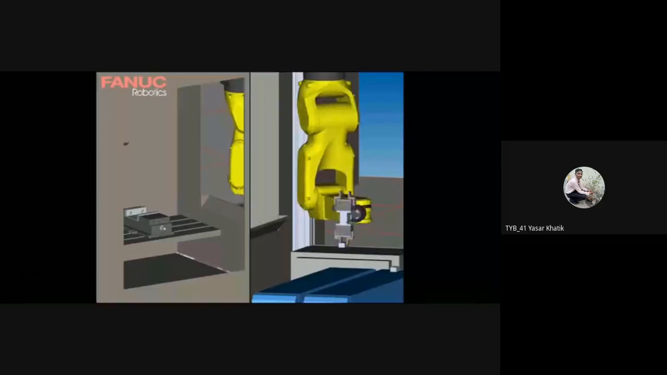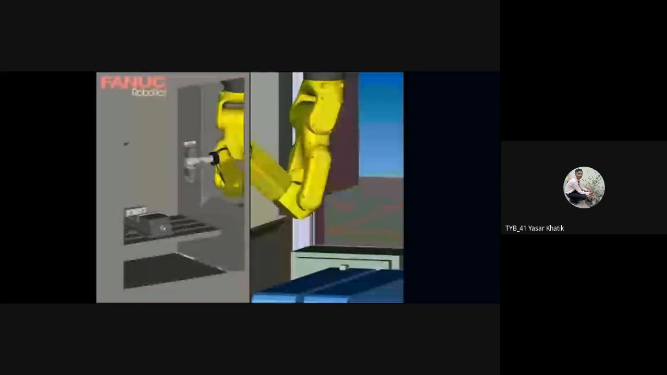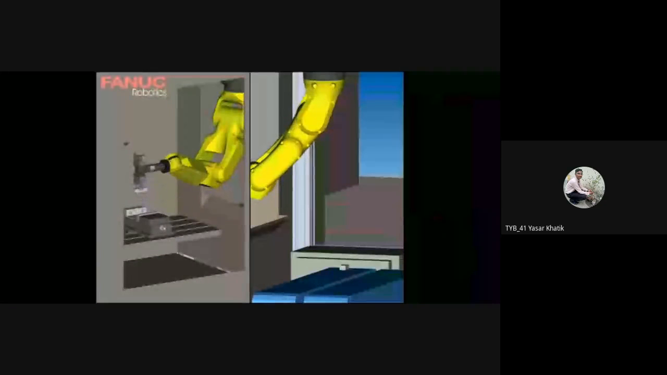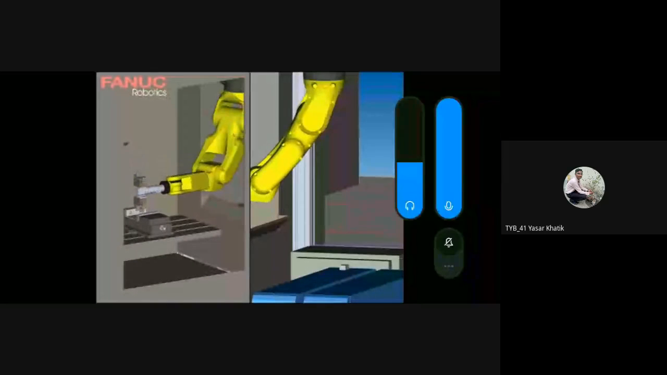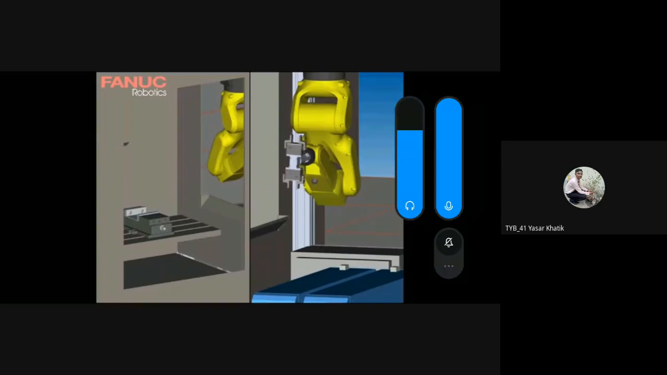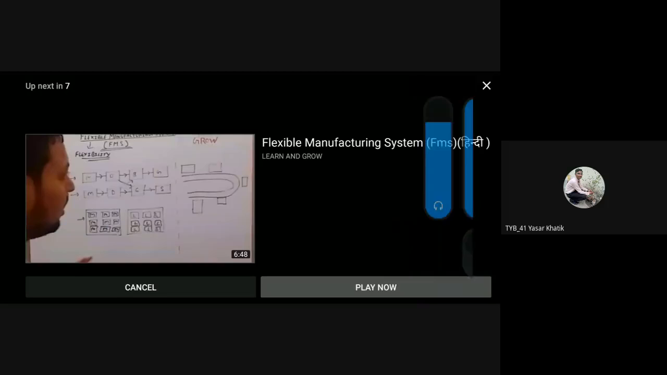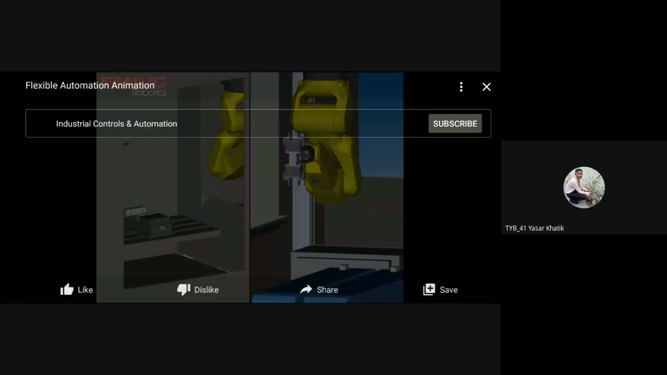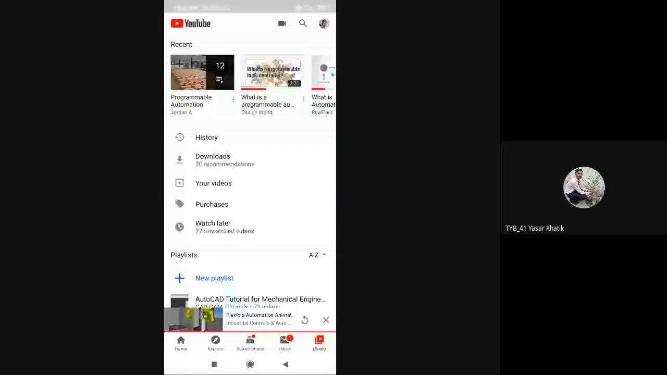Okay, so now you can see here, this is one example of a flexible system. Here you can just read Fanuc Robotics. Fanuc is one of the programming systems. Here a CNC machine is there. In that CNC machine, now you can see this machine is doing manufacturing work. So we will see